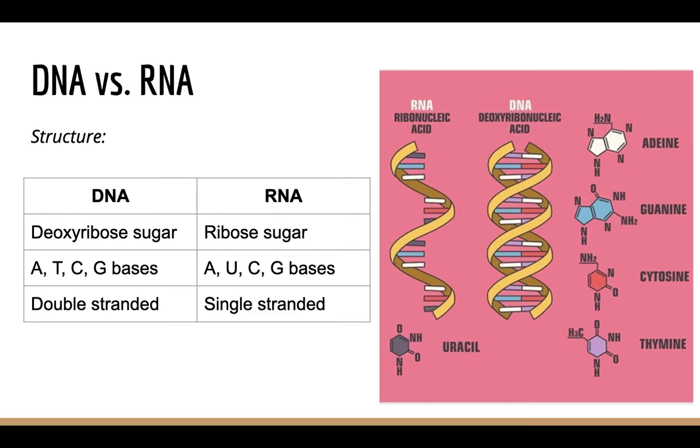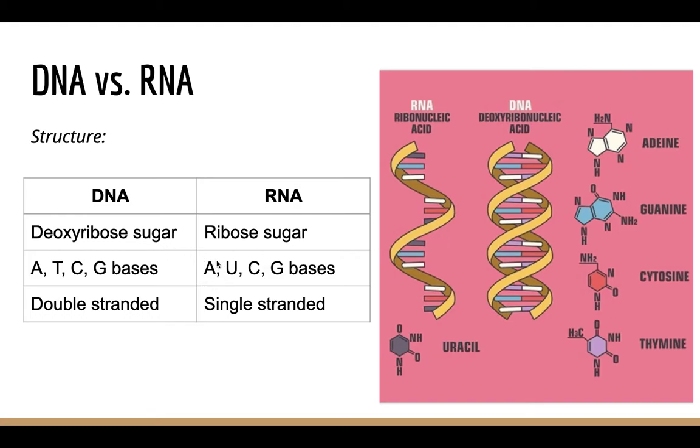Another thing that they differ in is the bases. So if you remember, every one of these lines is a base, and they act as the steps of this double helix or ladder. And in DNA, the bases are A, T, C, G, which stand for adenine, thymine, cytosine, and guanine. So essentially, every one of these is either going to be an adenine, a thymine, a cytosine, or a guanine. The order really depends on the organism, and that's where all of the genetic diversity that we see comes from. On the other hand, in RNA,